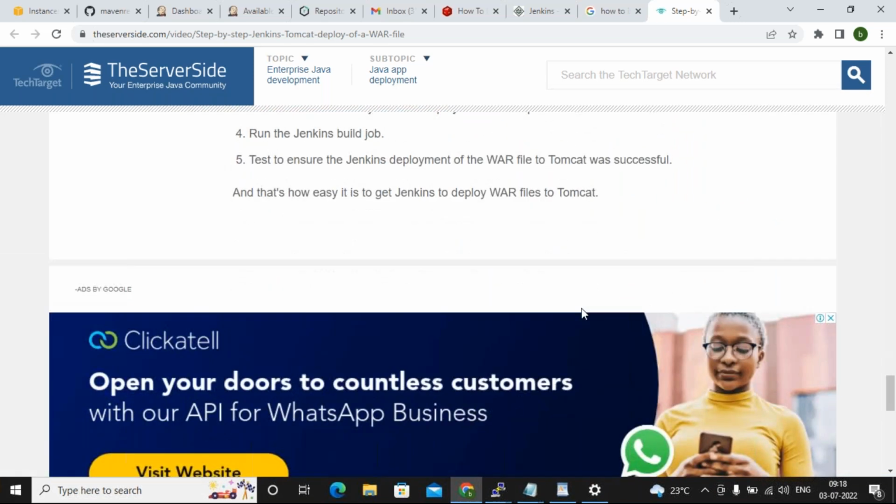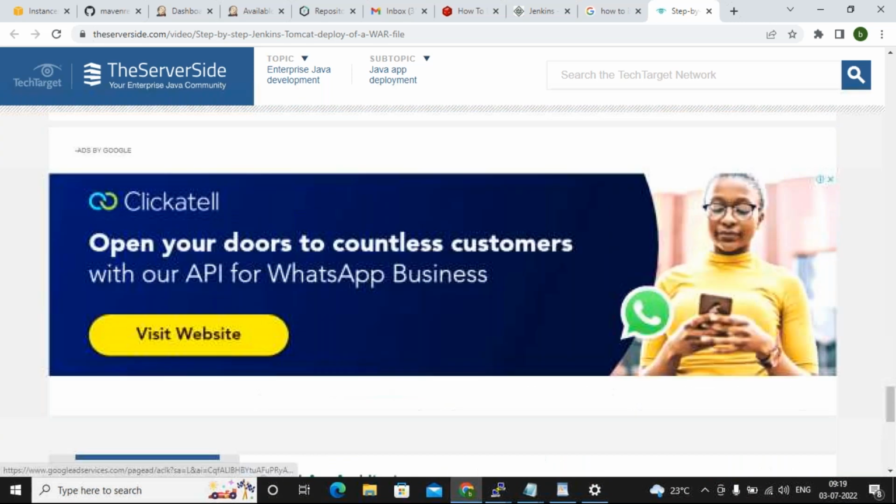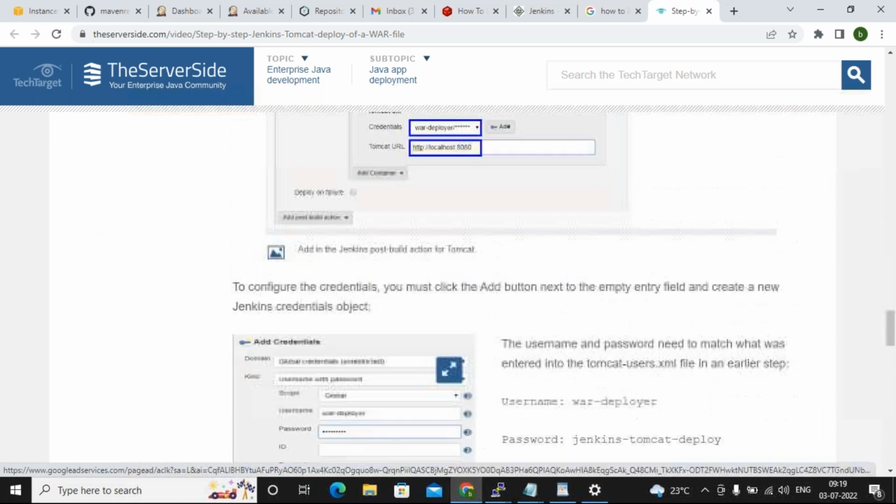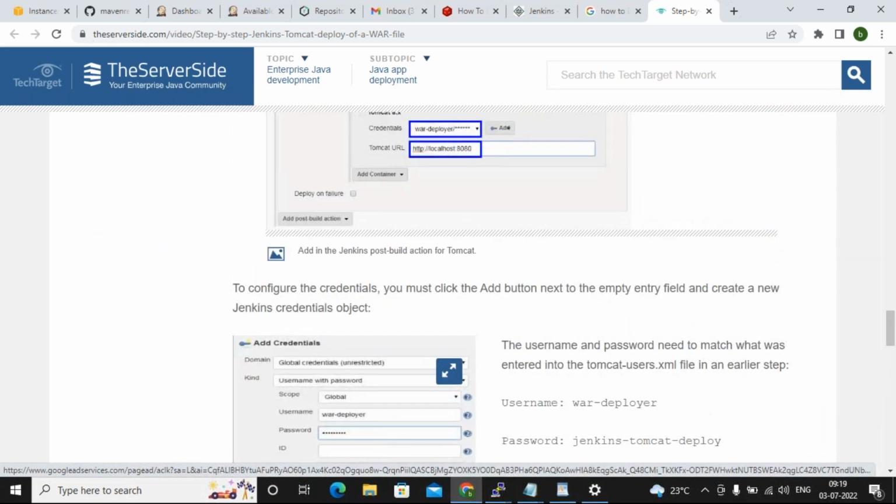Understand? Okay. I already showed how to set up a plugin. You know what a plugin is, and I hope you know how to install it. Only the plugin name you need, and we have to Google it based on the application.